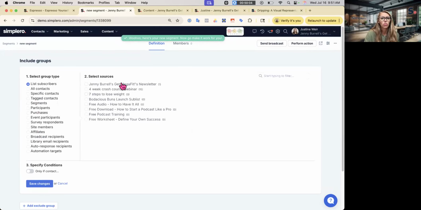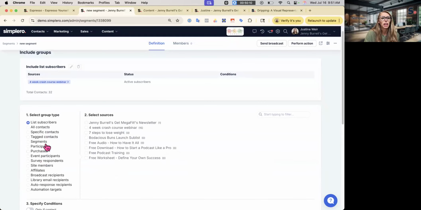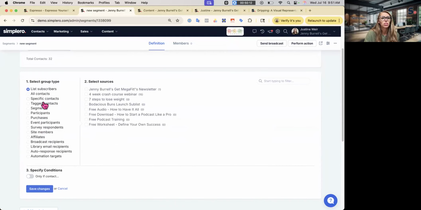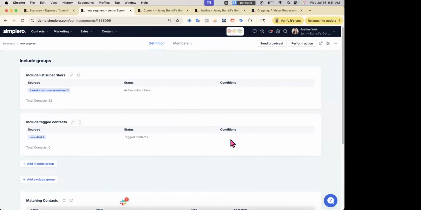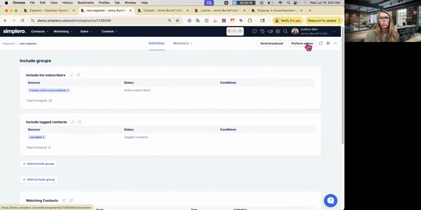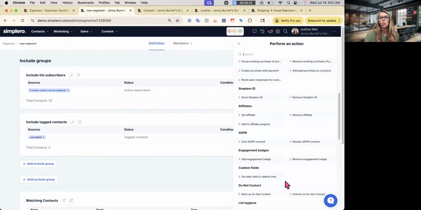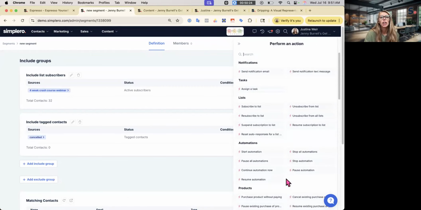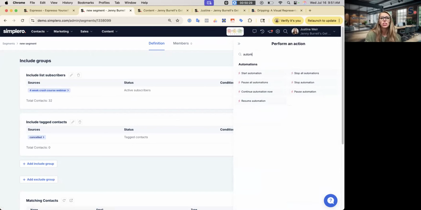We'll do a list, click save, and add another one. Maybe we'll do tags. Great. Once you have your segment created, you have a perform action button, where you can do all of those same actions, like adding a tag, and if you want to start an automation,